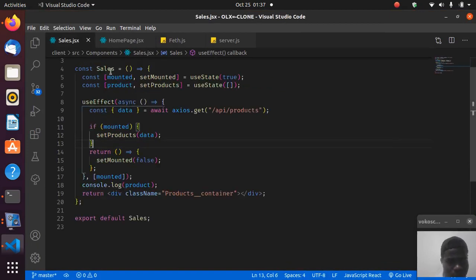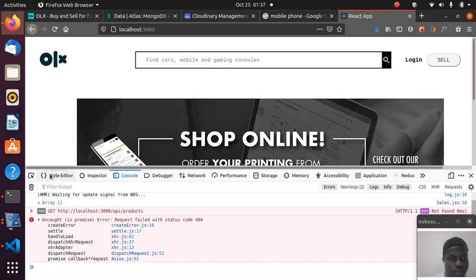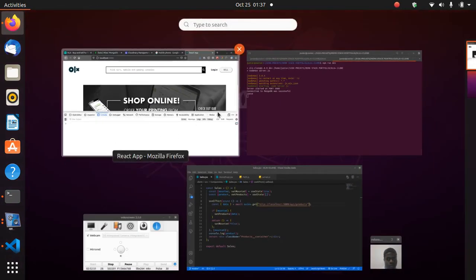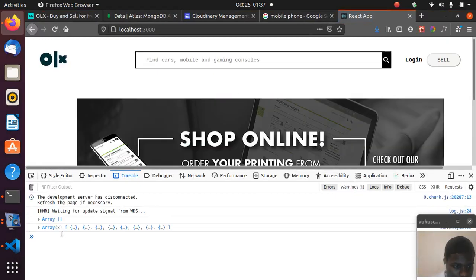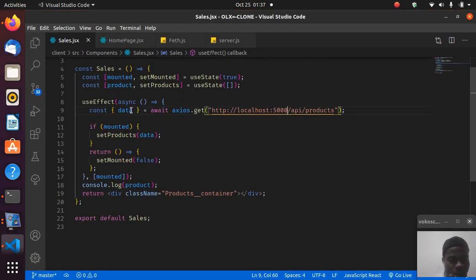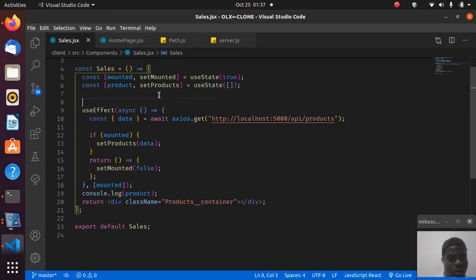Okay, that's why. HTTP localhost 5000 slash, because I don't have a proxy. Right, let's do that. And there we go. So now what we want to do is we want to